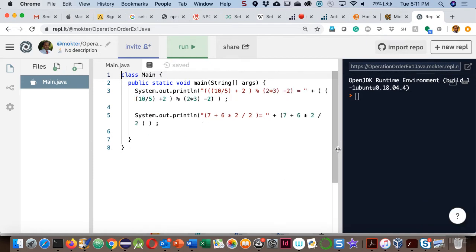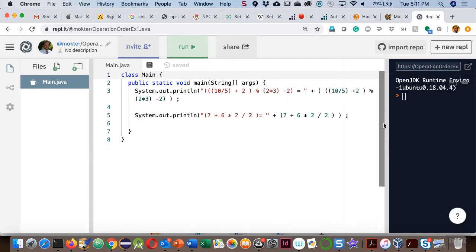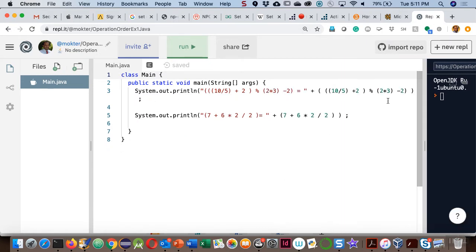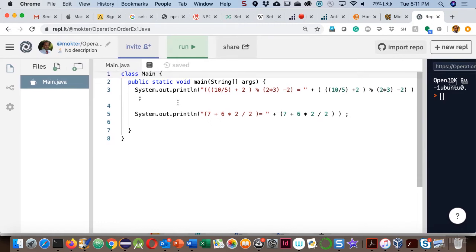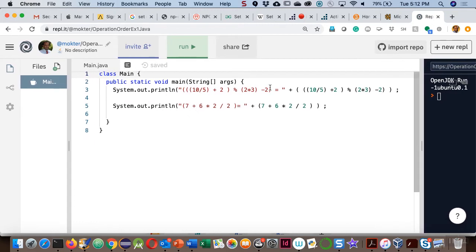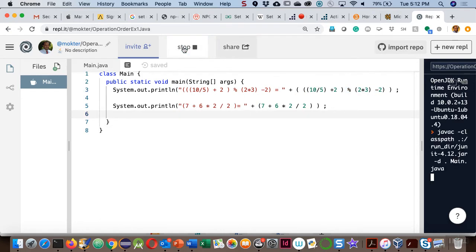You can create your Replit account and write the entire thing. You only need to put this entire thing in a parenthesis. So put the entire thing and display, and whatever you want to display,